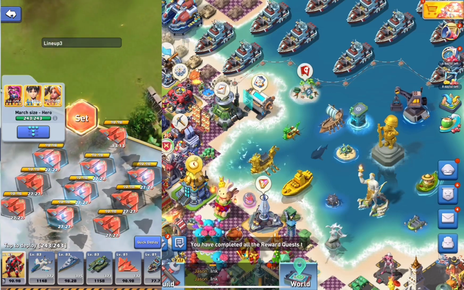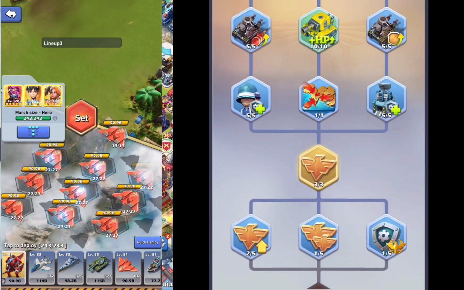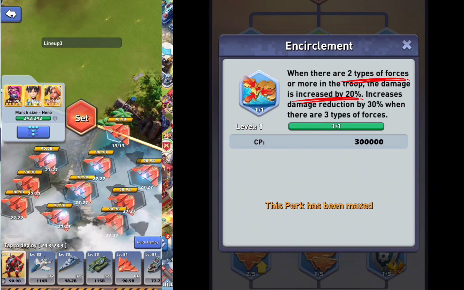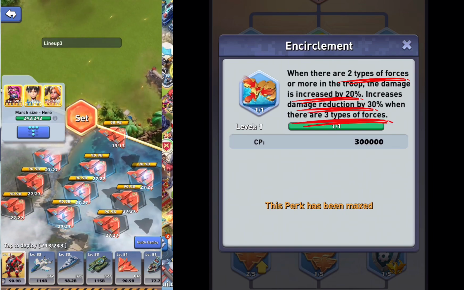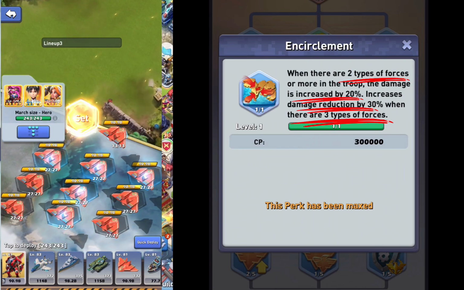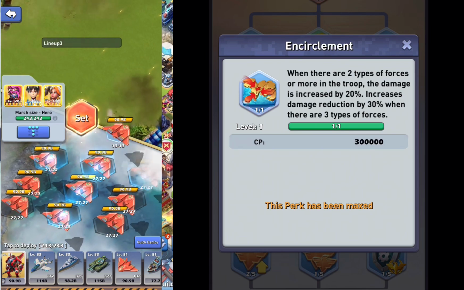So what is the Encirclement buff? That's a research you find in your research tree and it's actually gonna give you 20% extra damage if you use two different unit types, and it's gonna give you 30% damage reduction on top if you're using three different types of units. So I will explain to you how to set up your march in order to have the Encirclement